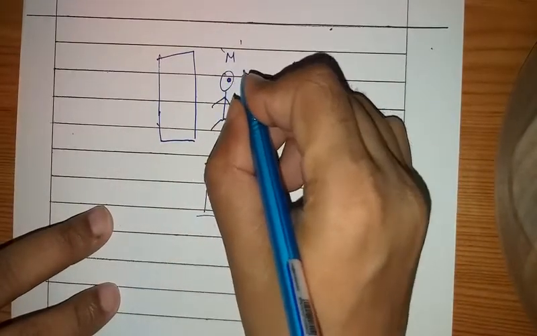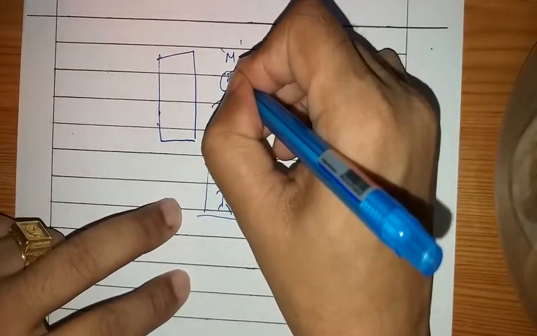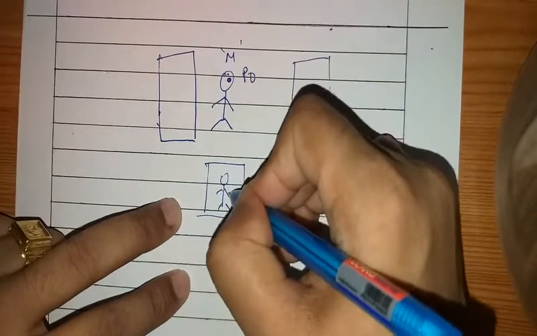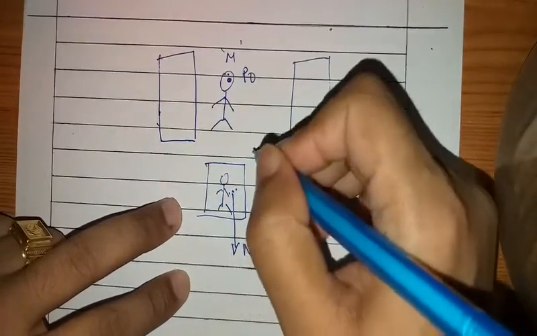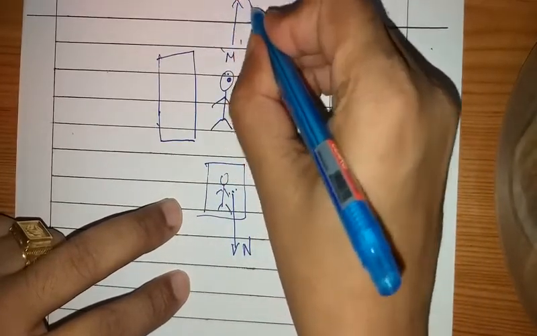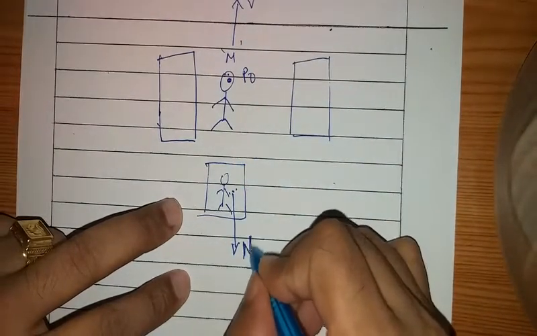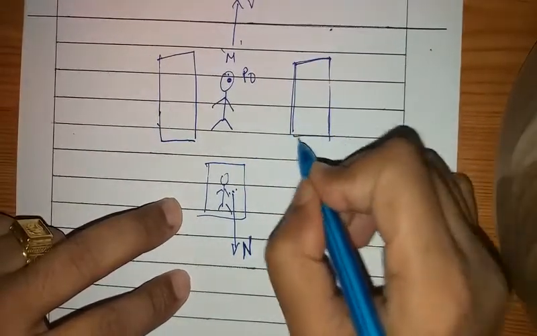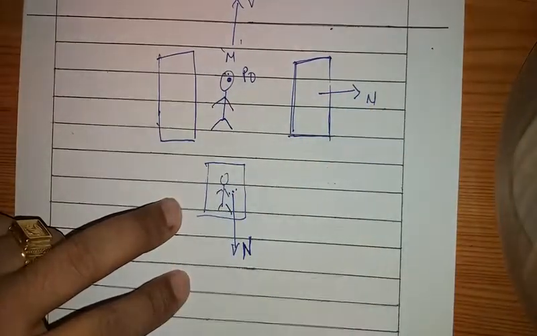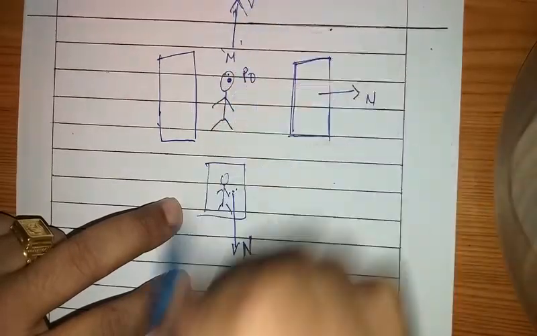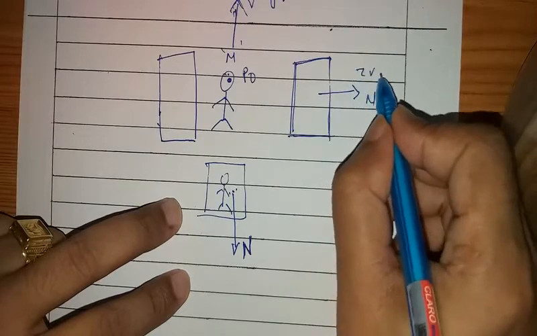So there is some point P0. Now suppose we are looking from this view. This will be our normal, and this will be our V axis, because it is perpendicular to the normal vector. If we are looking at this perspective, this will be our normal, and as usual, this will be our YB axis, and this is our ZB axis.